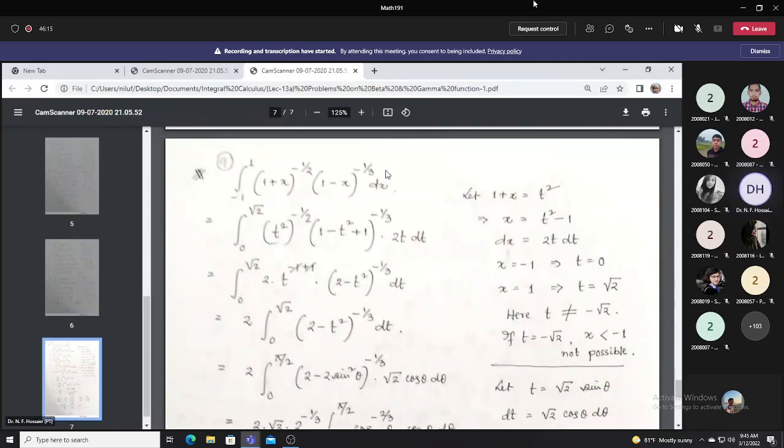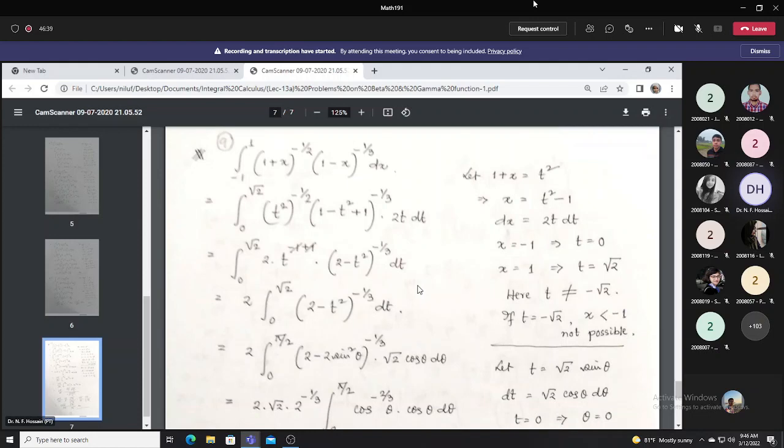I think this is the last math. Integration minus 1 up to 1, 1 plus x whole to the power minus half into 1 minus x whole to the power minus 1 over 3 dx. Let us take 1 plus x equal to t square. Okay, this is totally different. Here we have 1 plus x and 1 minus x. Okay, if you take 1 plus x as t square, and it is 1 minus t square, so